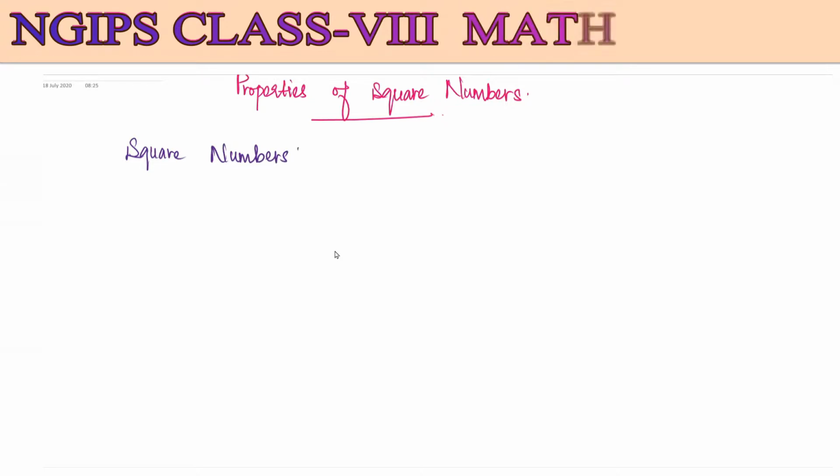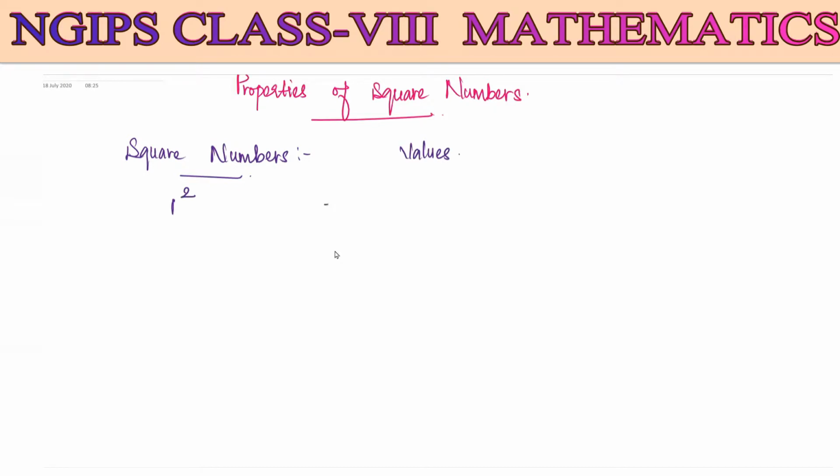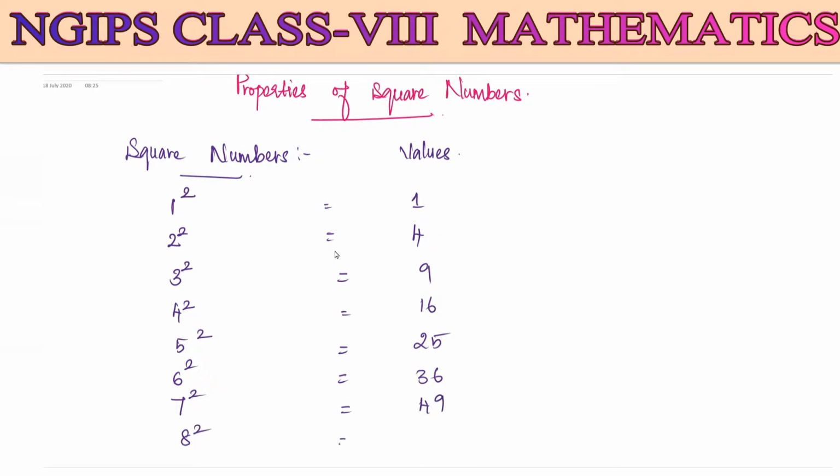This is square number and here I am going to write values. 1 square, the value is going to be 1, 2 square is equal to 4, 3 square is equal to 9, 4 square is equal to 16, 5 square is equal to 25, 6 square is equal to 36, 7 square is equal to 49, 8 square is equal to 64, 9 square is equal to 81. Now 10 square is equal to,